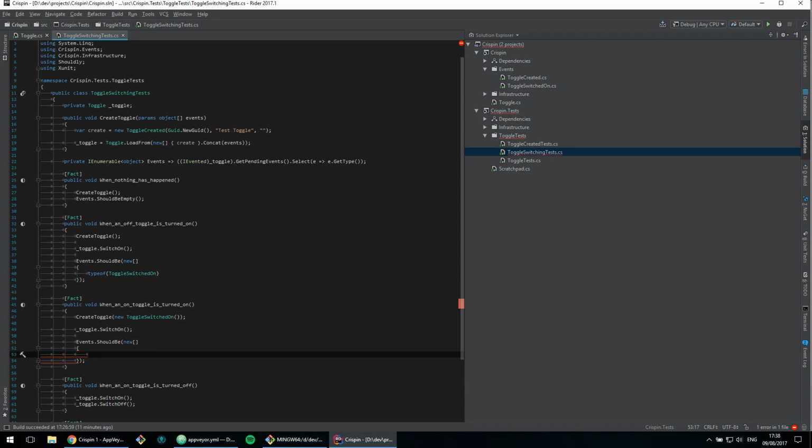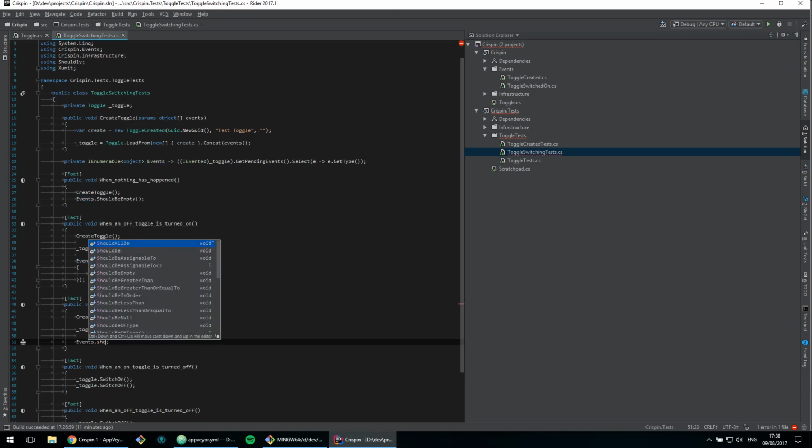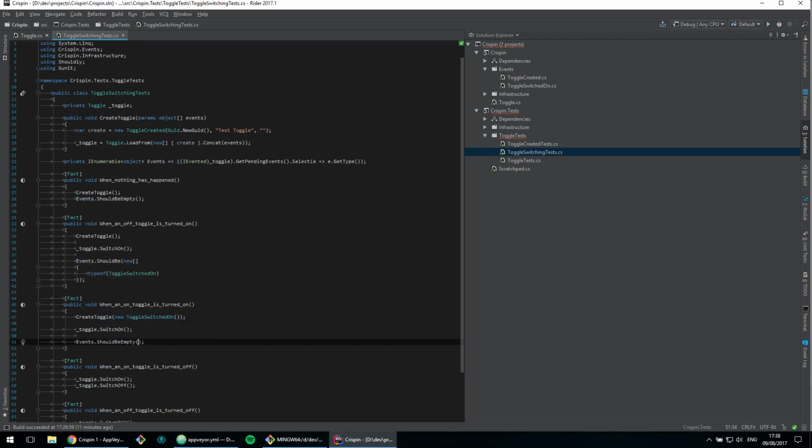hang on, we have an on toggle, and we're going to tell it to be on again, but it's already on. Now we have the choice of logging the event to say someone tried to switch it on, but that didn't really do anything, or we can not store the event because it doesn't make any sense to try and turn on a switch that's already on. And I think that sounds cleaner, so I'm going to go should be empty,